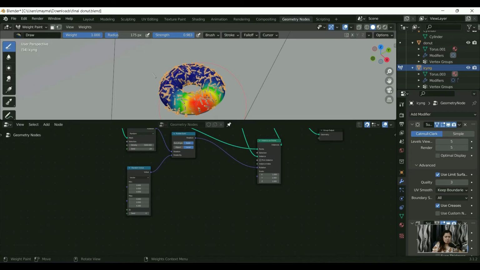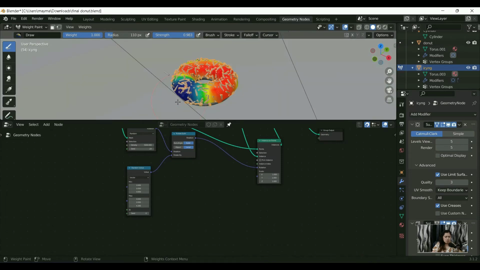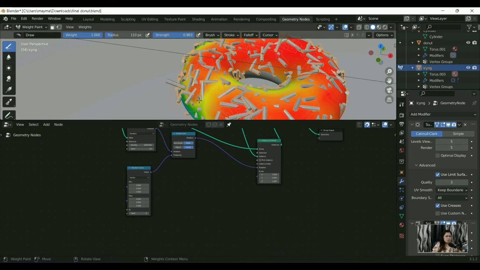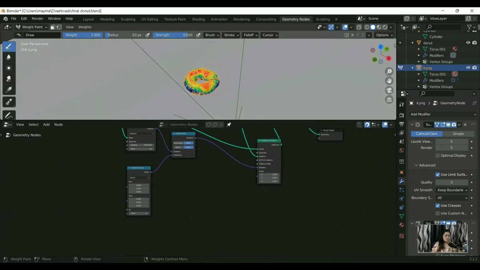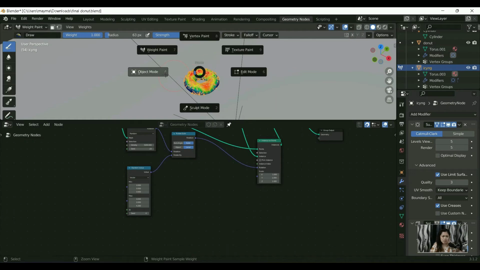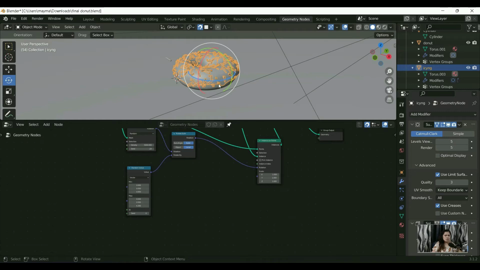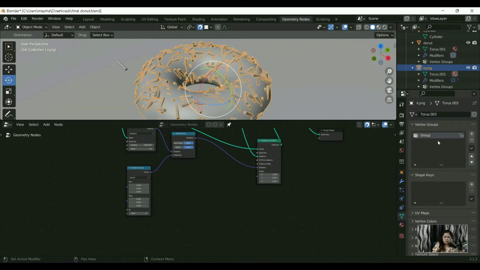Okay, and then no need to memorize the hotkey because it's here naman sa taas. So this one is really like a thermal heat that shows us where to put the sprinkles. And then you go back to the model, then the object mode, and then this one it's already together,